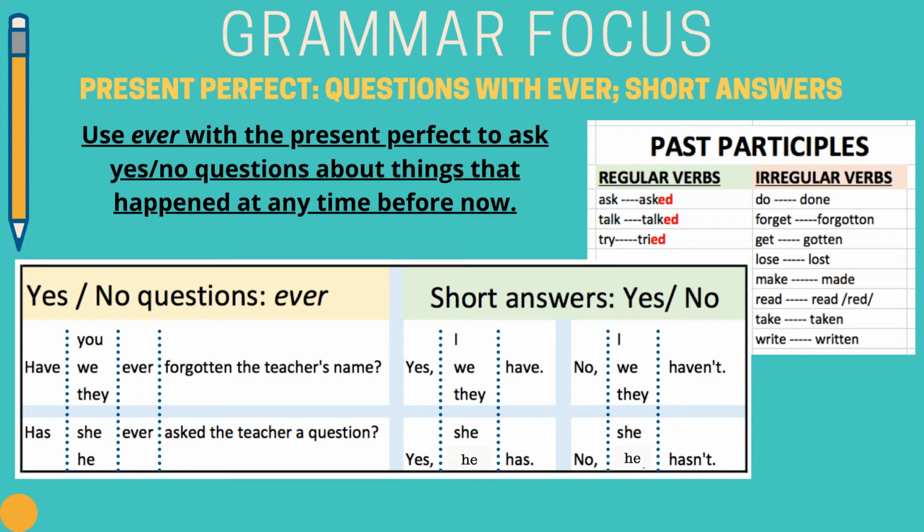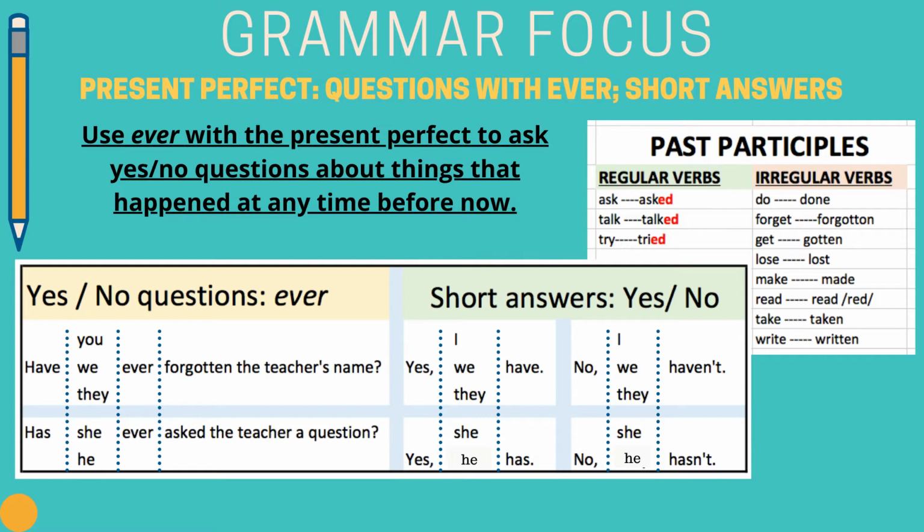So on your screen, you see the grammar focus for today. We're talking about the present perfect. We're going to ask questions using the word ever and give short answers, either saying yes or no. Now, we use ever with the present perfect to ask yes or no questions about things that happened at any time before now. Before we look at the complete structure, let's go ahead first and take a peek at some